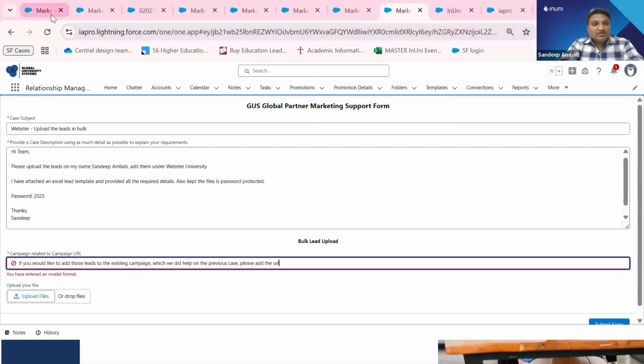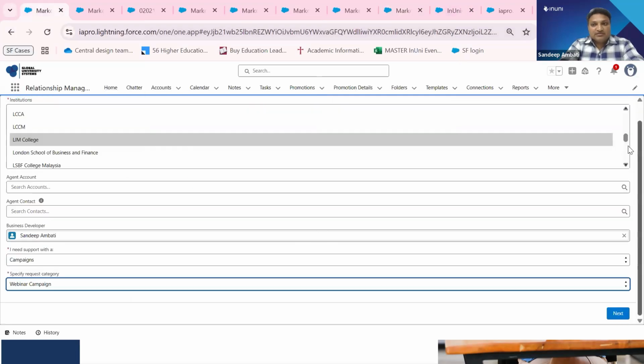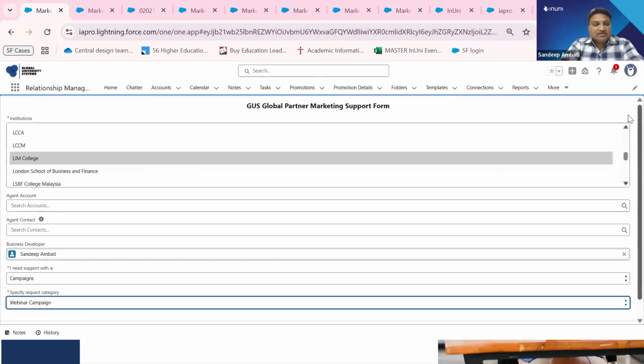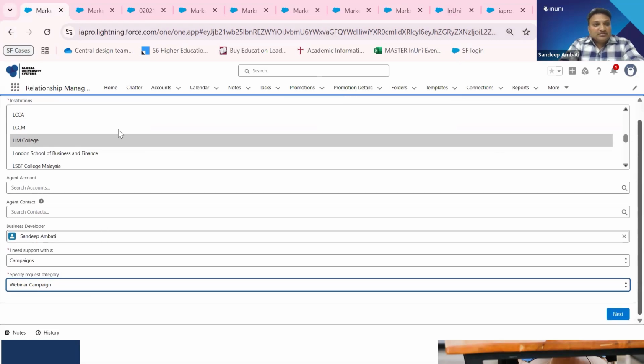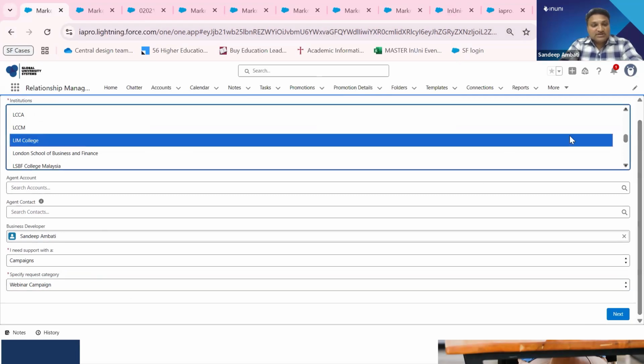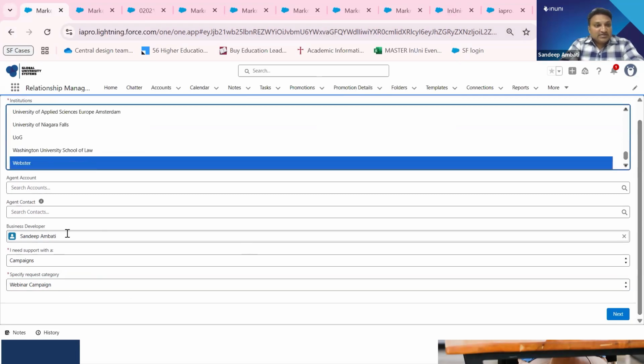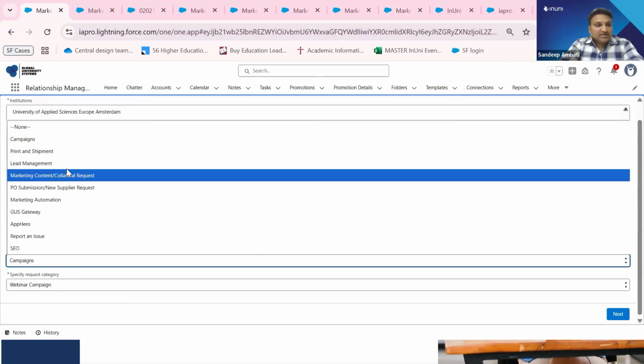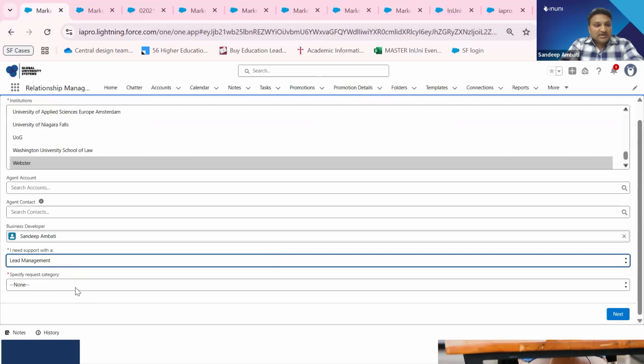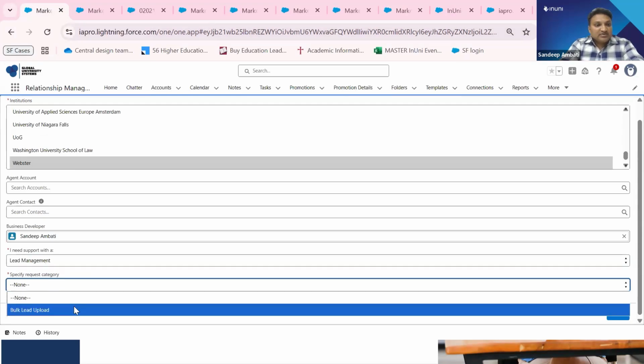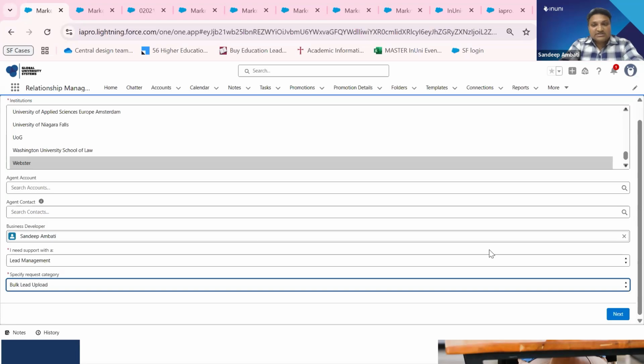And the other case is about the lead upload request. If you have leads from your event in bulk, more than 100, you can create a case for your requirement. I'm just selecting Webster here, business developer, campaign, sorry, it will be lead management. And I need support with a lead management request, bulk lead upload, specific request is. And once you click on the next button,